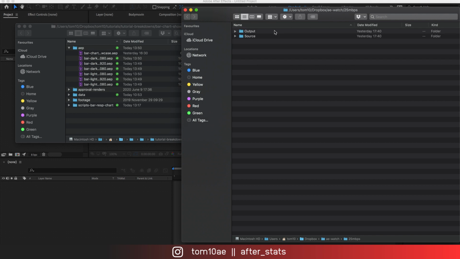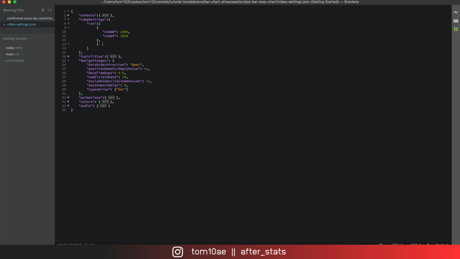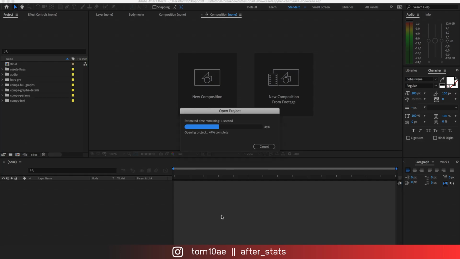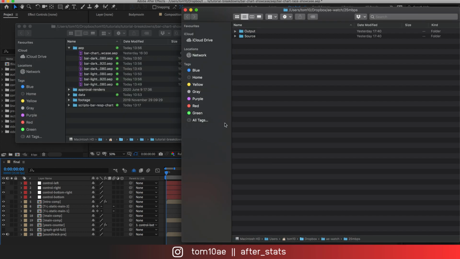delete those projects for now so they don't get picked up by the media encoder, and instead go to the video settings file. Let's say we will leave only the portrait version here, so the build will be faster and we don't have to wait too much for it to complete. Let's say we want 15 values to appear in the composition height, so that way once we key the script, we will have instead of 10, 15 values available to compare,